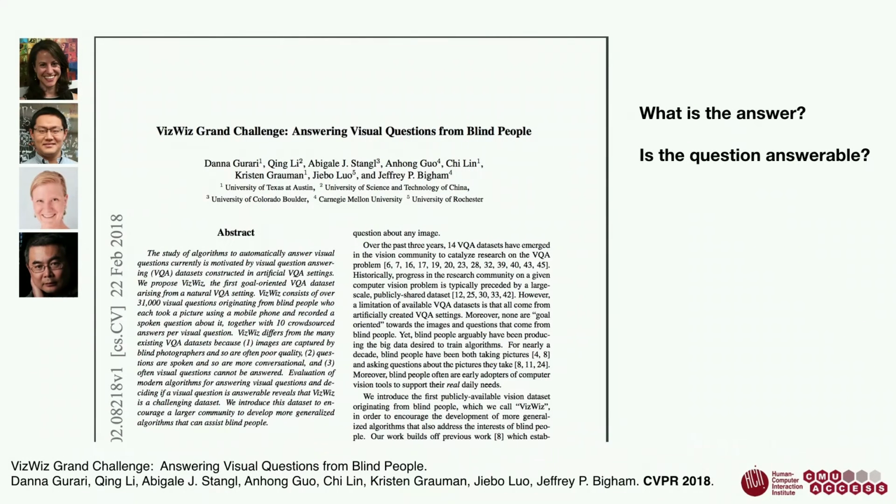And so after a while, and it took some work, again, dealing with some of the privacy concerns, we were able to release this as a data set. We had a CVPR paper, and now we have a series of workshops at CVPR where we're challenging people. There's already a really active community in visual question answering in the computer vision space, but now we have a real task for them.